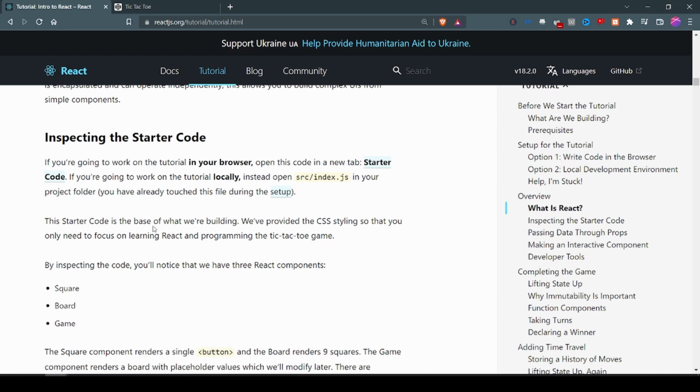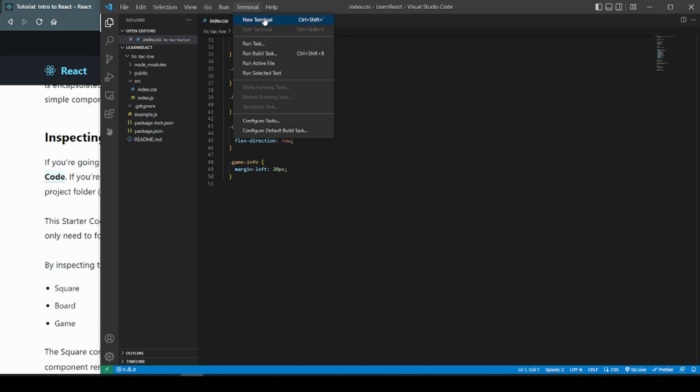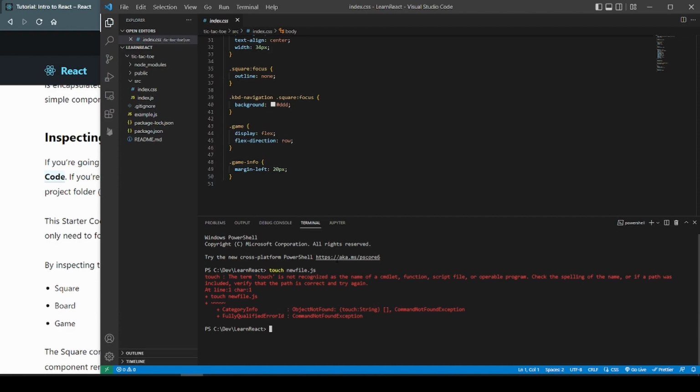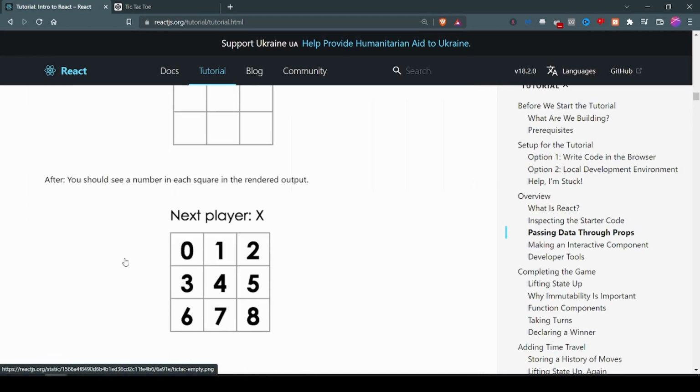And I don't know if they meant that, like, you can actually do this. Let me actually open a terminal here, which you can do from Terminal, New Terminal in VS Code. You can actually touch a new file and just make it from here. Well, maybe not in this terminal. You could do it in other terminals, but not VS Code. Never mind, so I guess that's not what they're talking about. Anywho,